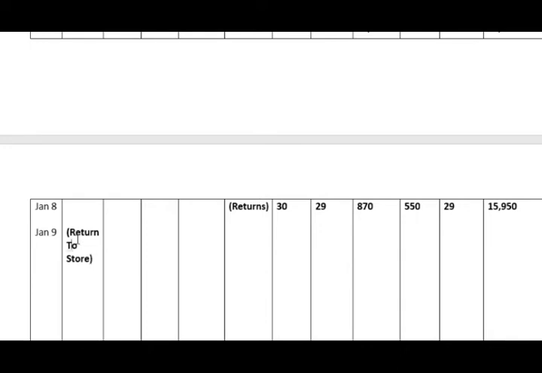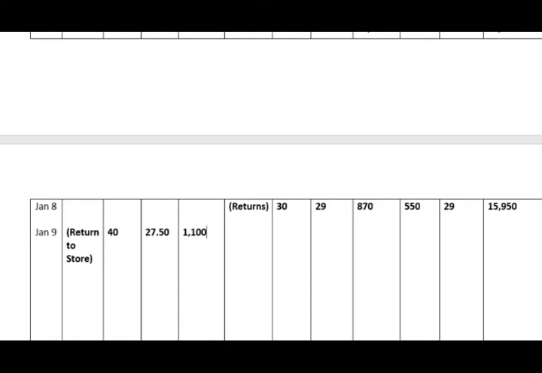Return to store. So how many? 40 units at 27.50. 1,100. While you write the balance, one of the important things you have to keep in mind is we have